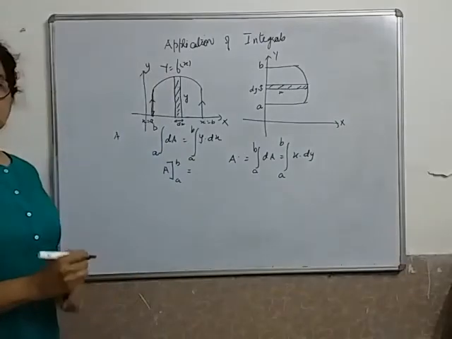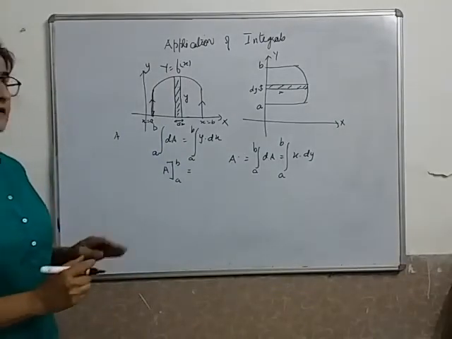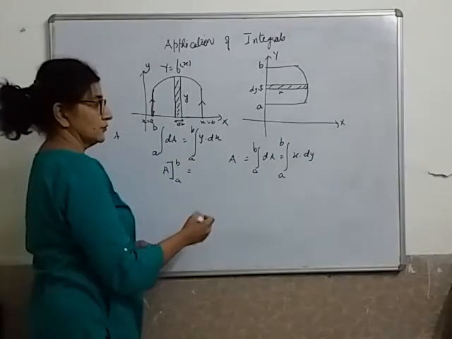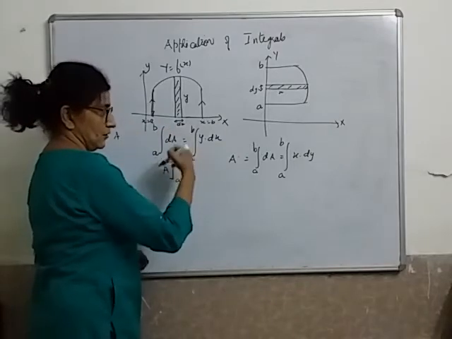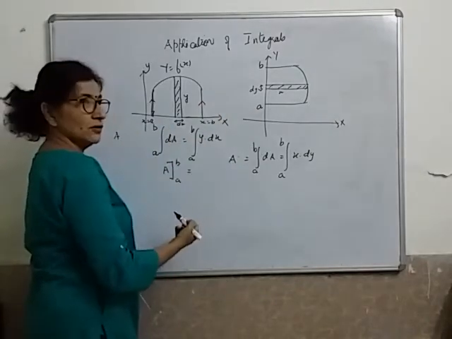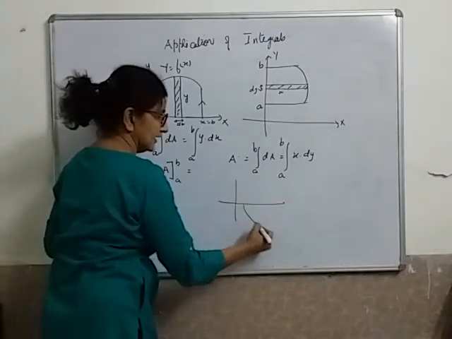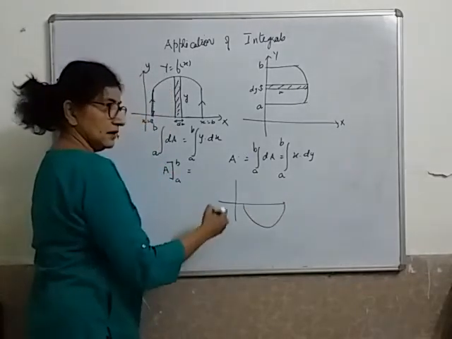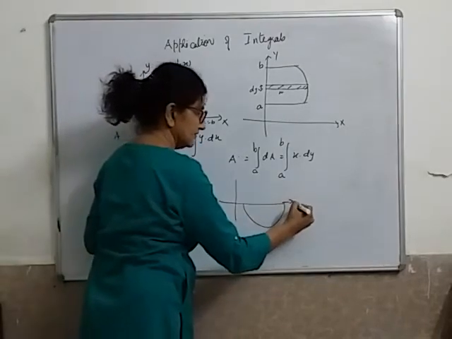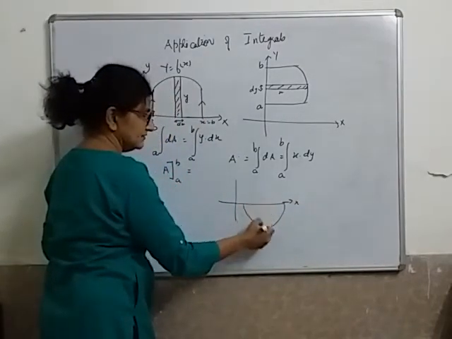Right? I'm just giving you the basic idea of what is there in this chapter, how we are going to do it. We could calculate along the x-axis also, we could calculate along the y-axis also. But if my curve is something like this, on the negative side, one thing is clear: here my y is negative.